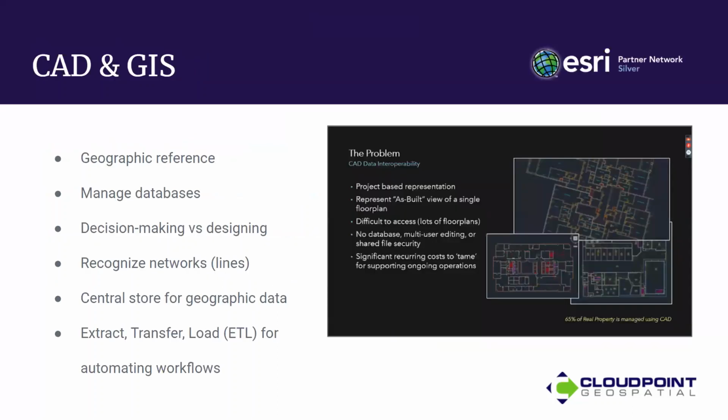So as we look at the differences or similarities between CAD and GIS, CAD, if you're familiar with using AutoCAD at all, many facility managers have either AutoCAD drawings that they frequently reference, or maybe their engineer or architect maintains their AutoCAD drawings for them, or maybe you just have PDFs. But the difference is GIS requires a geographic reference. So that, in other words, a latitude and longitude, or oftentimes in our case,